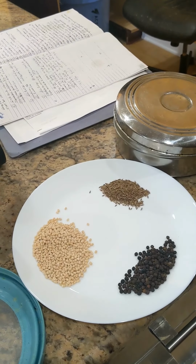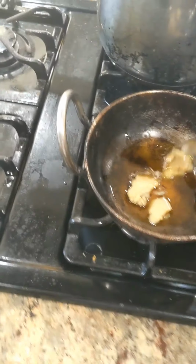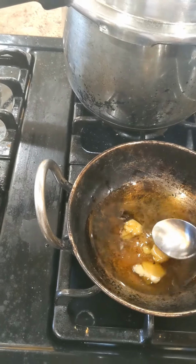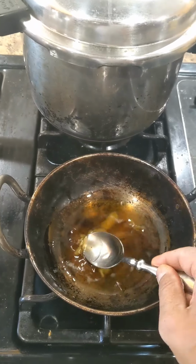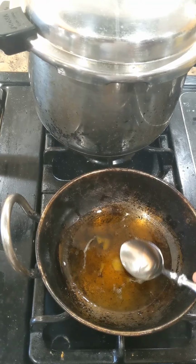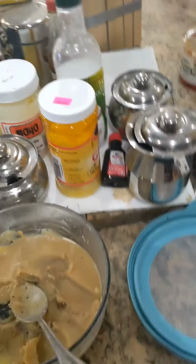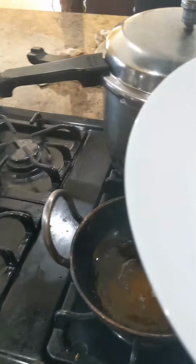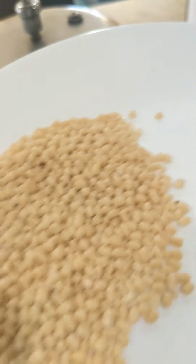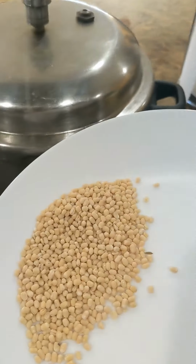And we are going to roast the items that I had said before, and you're going to roast it here. So waiting for it to melt off a little bit. Some people do it on normal regular oil also, but ghee gives a lot better taste. Okay, do that and then bring the plate, and let's just start with the pepper. Start with the pepper, and then you can put that, and then the